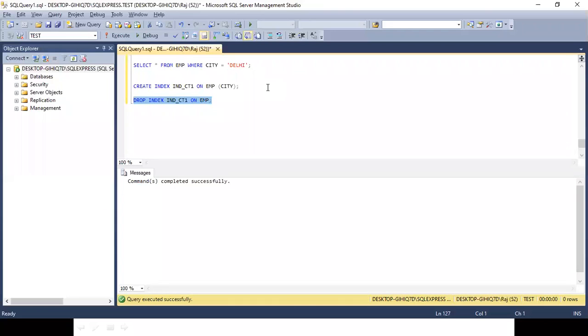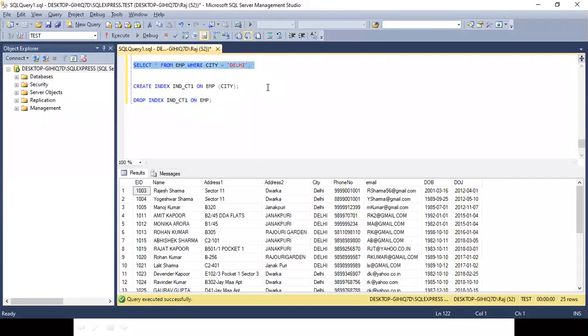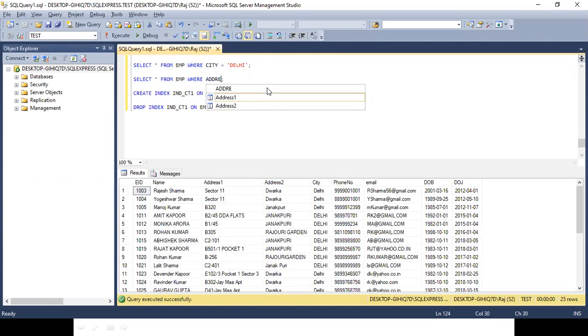Supposing I have this index and I write select star from EMP where address 2 is equal to Dwarka.